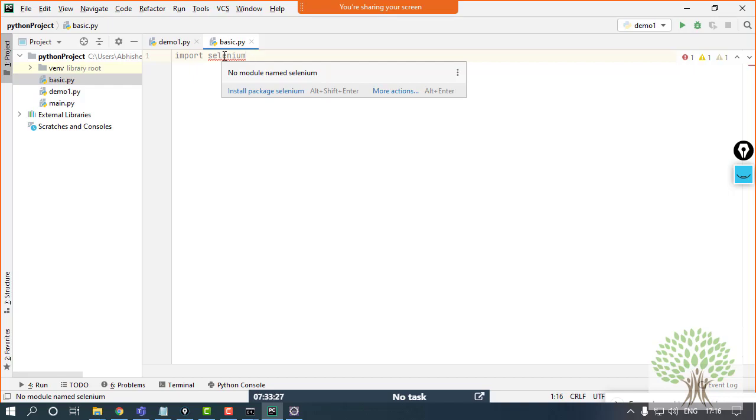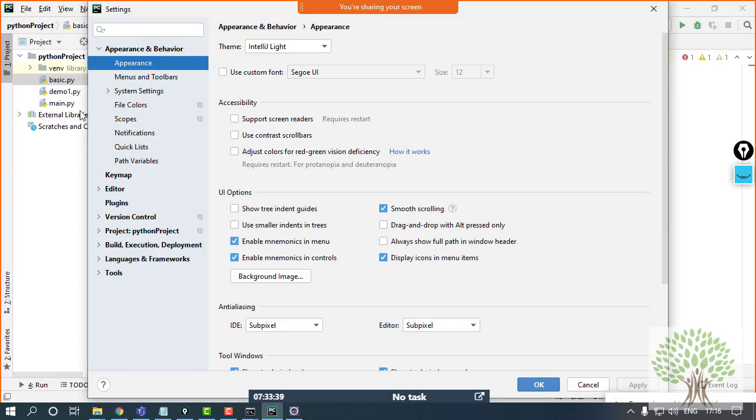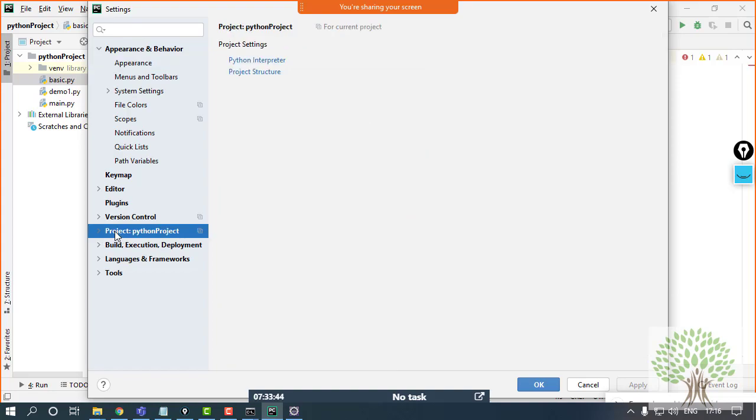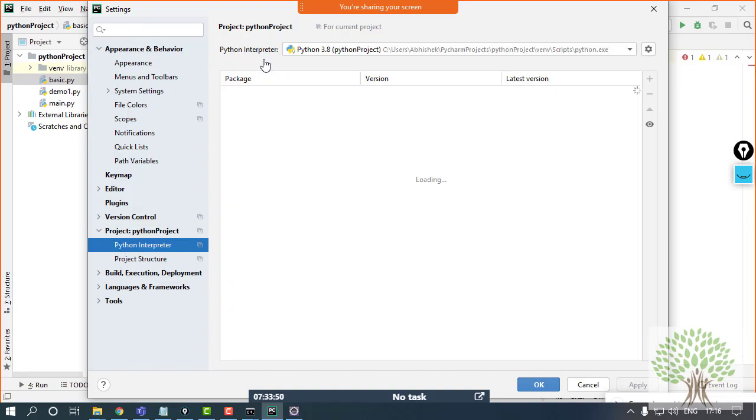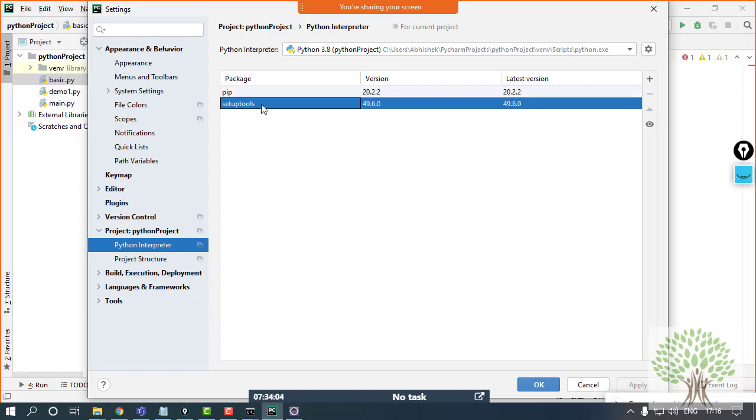Installed means it has to be added in this IDE as well. So how are you going to get that added? Just go over to the File option, Settings. Then you will get the name of your project. Under this tab you will find Project, and then you have to go to Project Interpreter. Over here it's going to give you the details of all the packages which have been installed in PyCharm itself. Right now pip is there because I have been working with Python over here, and there is setuptools, which is a default pre-installed package.